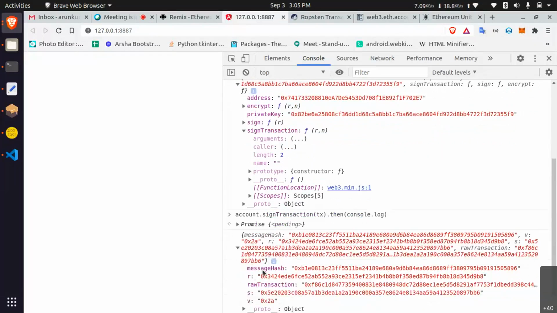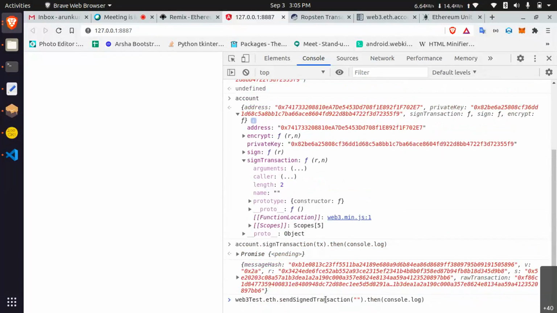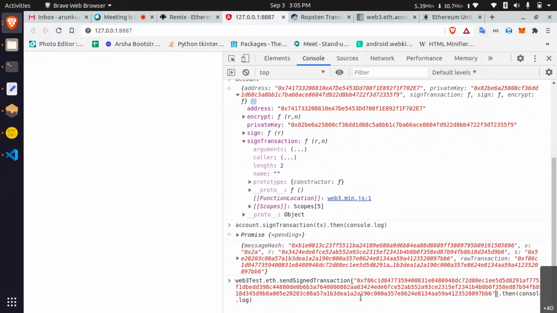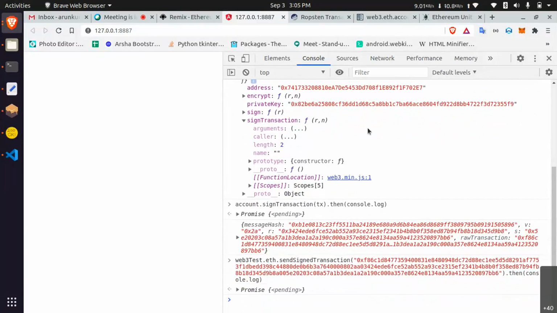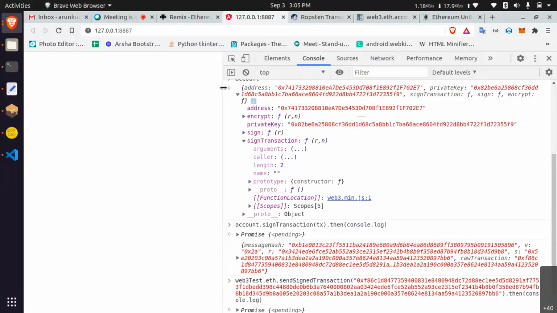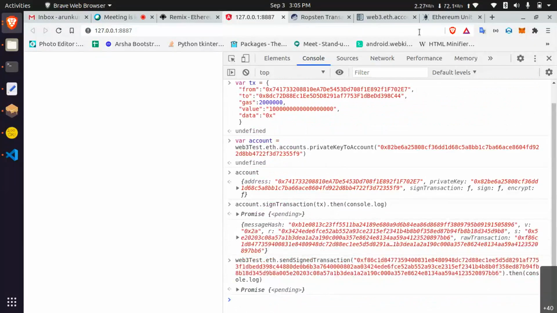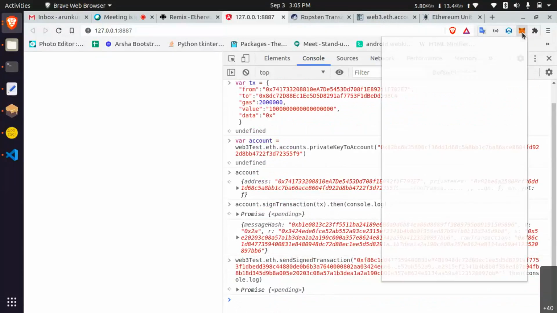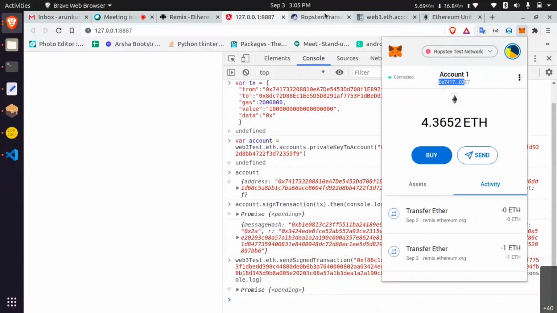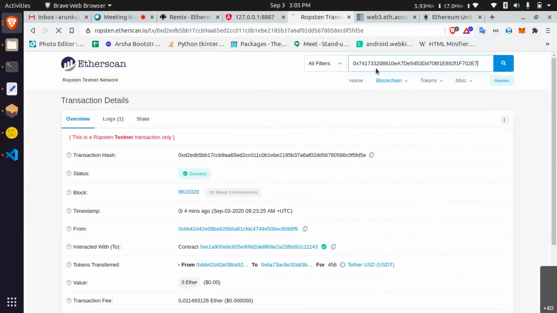I'm just going to paste it. Okay, going to initiate the transaction. Okay, let's wait for a receipt. Just copying this address and then see the activities in the option.